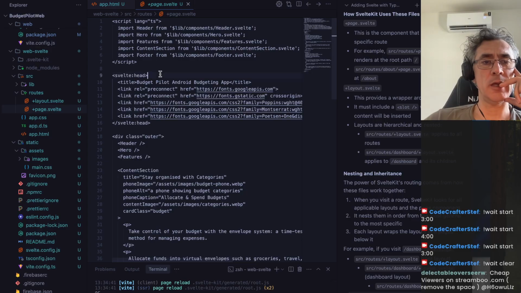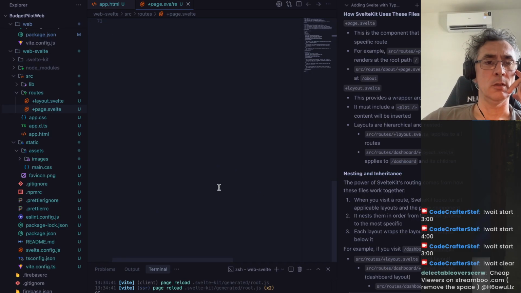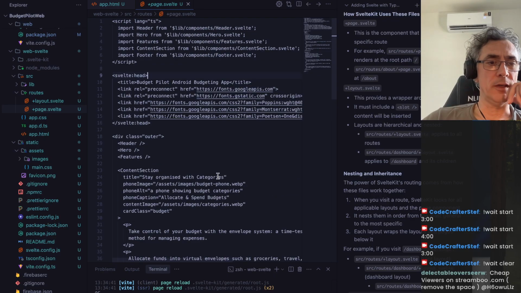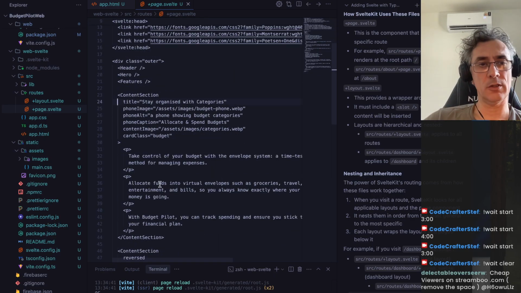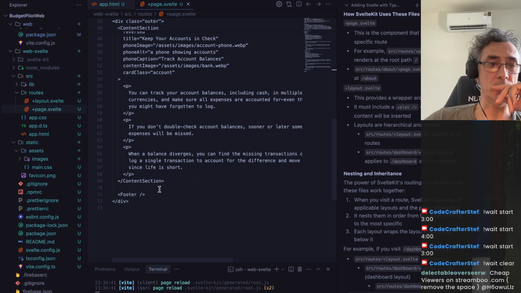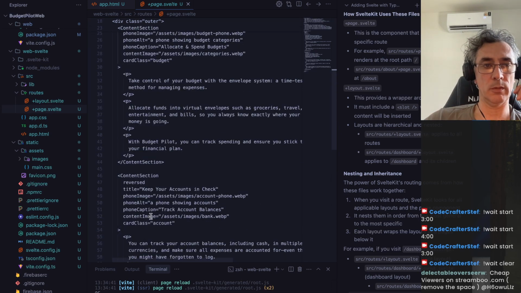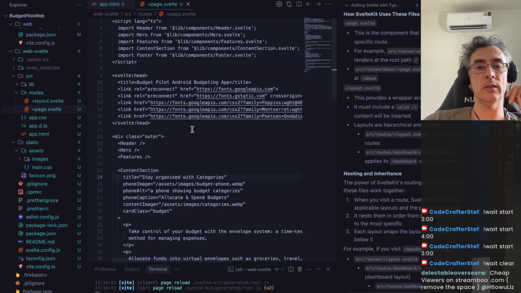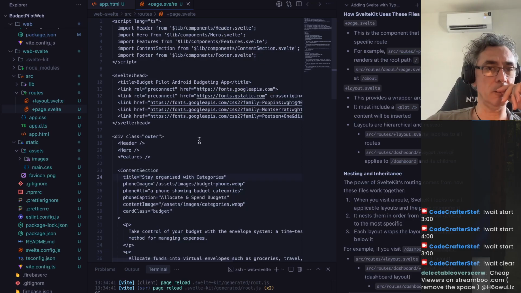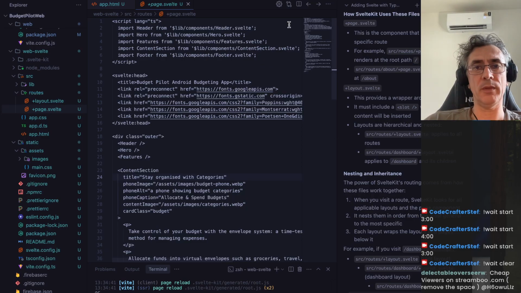And there is this head, which corresponds to the head of the page. Funny enough, the content section is not a component, but it's here, which looks wrong, but I can fix that later. What I think I will do is decompose this file and add things one bit at a time. But first, let's see the rest of the